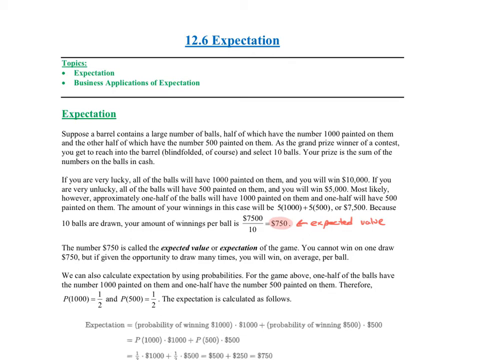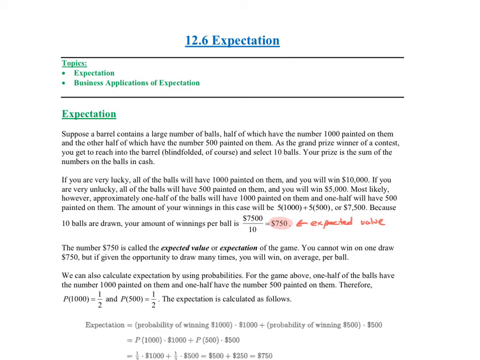Notice $750 is not a single ball. The option is either 500 or 1,000. 750 is not an option. This is just, if you do this many times, what's the average? So if you do this many times, the average is that you earned on average $750 for every ball that you pulled out. Again, expectation is not what happens in a single turn, it's what happens on average